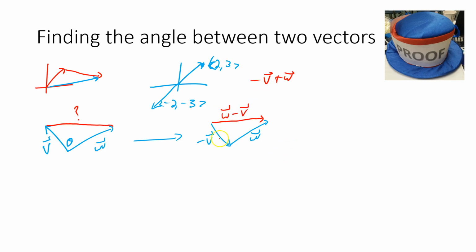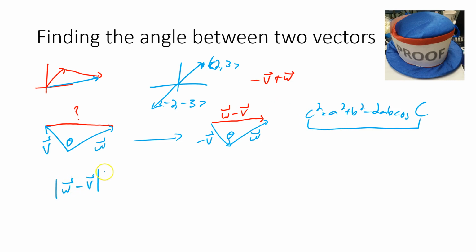So now we're looking for this angle theta down here. Go back to blue. What we can do is use the law of cosines with the magnitude of all 3 of these vectors. I'm going to write the first line here, then I'll go to a new page so we have a little bit more room to work. So remember, the law of cosines is c squared equals a squared plus b squared minus 2ab cosine of angle c. The side you use has to be across from the angle you want to find. So we're going to use the magnitude of w minus v as our c. So we're going to do the magnitude of vector w minus vector v squared